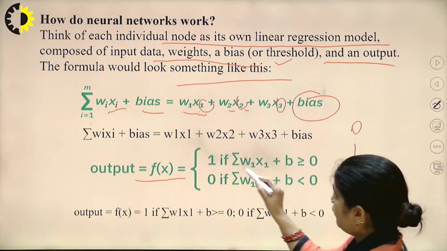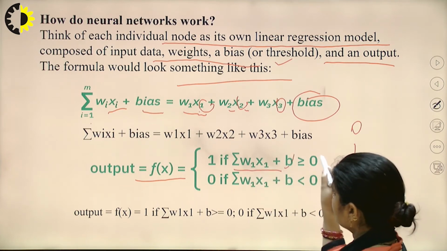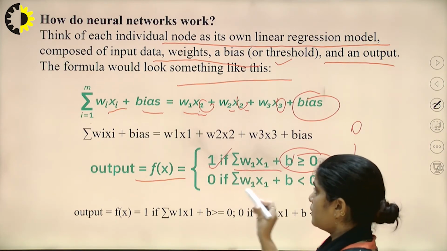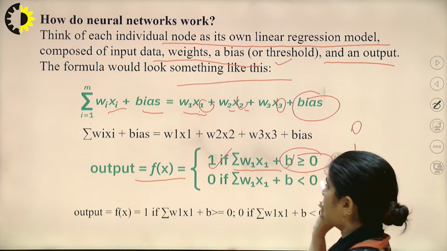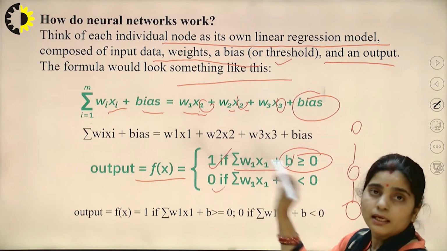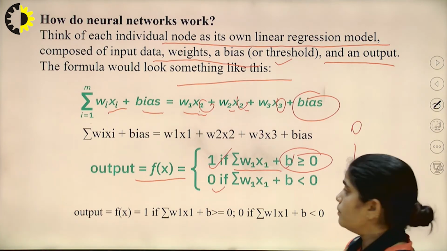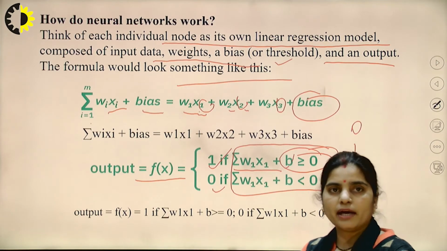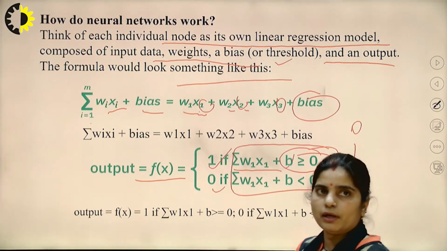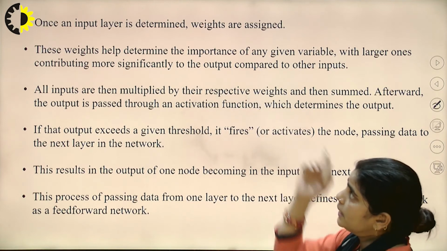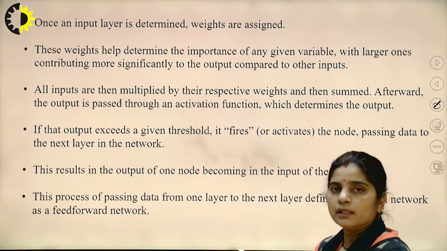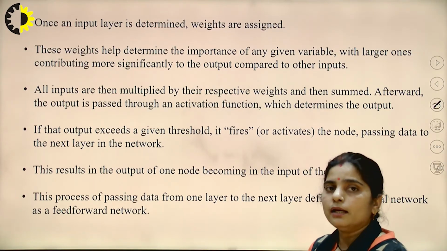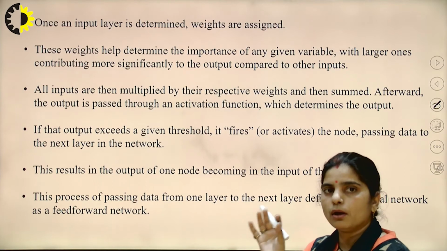f(x). Now if sigma Wixi plus bias value is greater than or equal to 0, then the output will be 1. But if sigma Wixi plus bias value is less than 0, then the output will be 0. So based on these two conditions, the output varies between 1 and 0. Now once an input layer is determined, meaning you have identified that this particular